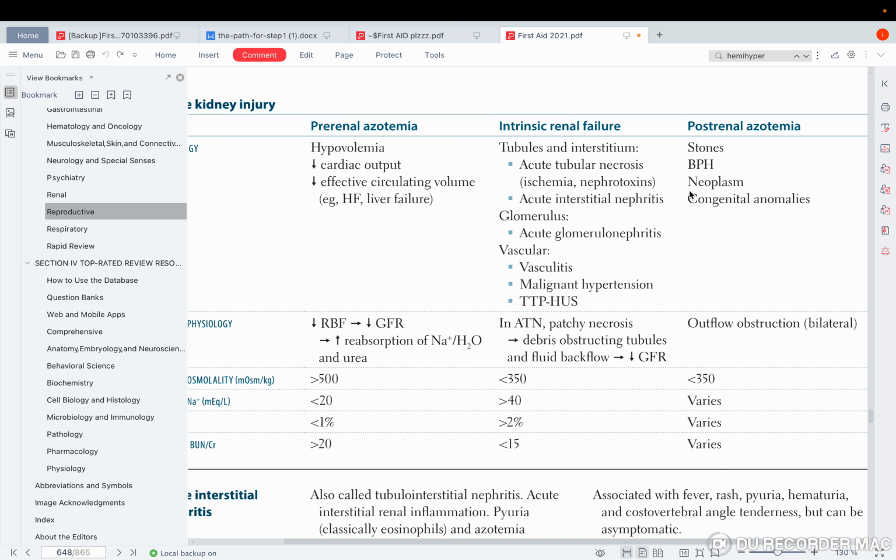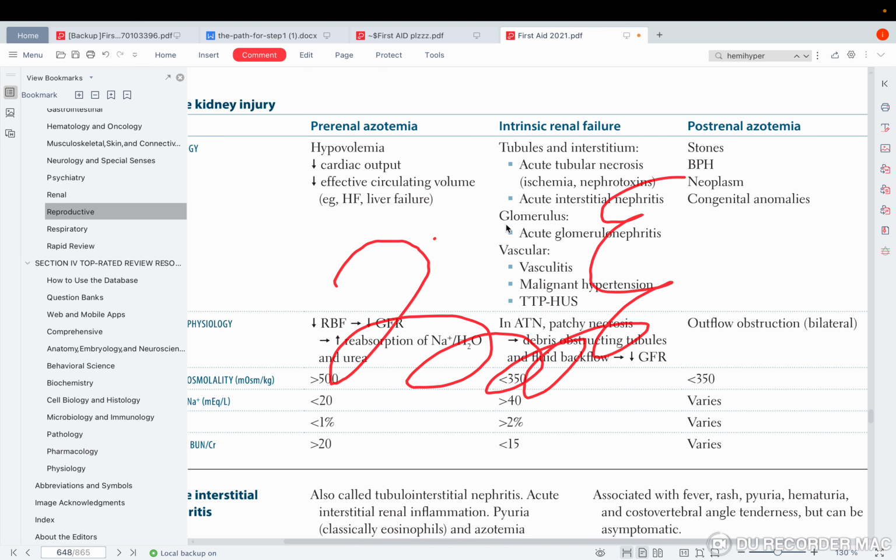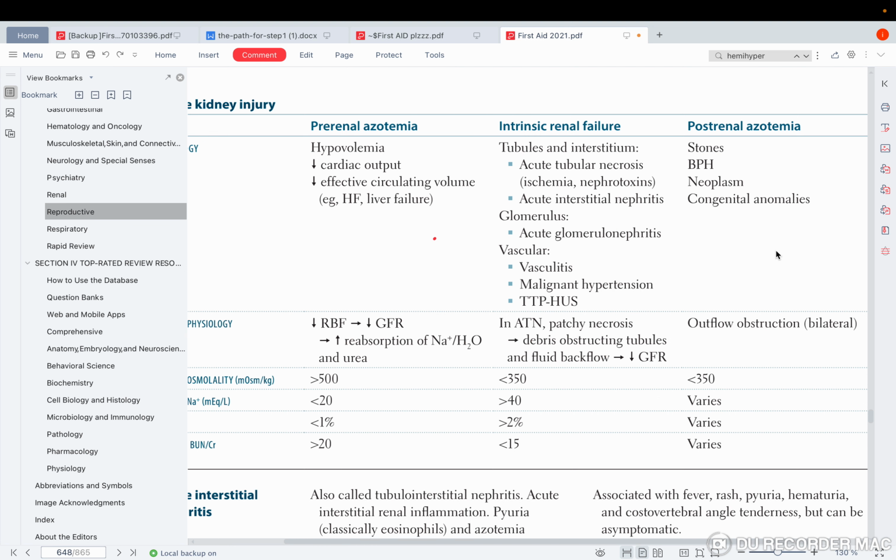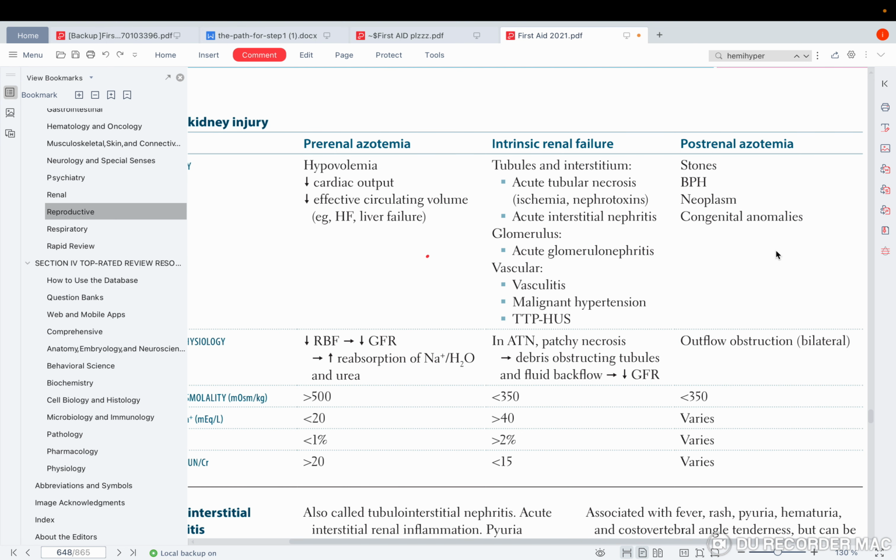So, okay, let's speak about the glomerulus. Also acute interstitial nephritis, we are going to speak about it soon. Basically, this is a form of hypersensitivity reaction of the kidney against some drugs. Also, except the tubular and the interstitium, the pathology can be in the glomerulus. Remember, your nephron is made from your glomerulus and your tubules and the vessels going around your tubules, yeah? So if the pathology was in the tubules, it can be these two. The glomerulus, it can be acute glomerulonephritis, which we spoke about in so many types, like IgA glomerulonephritis and post-streptococcal glomerulonephritis.